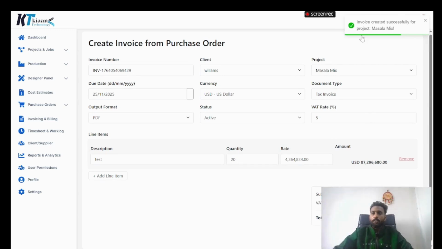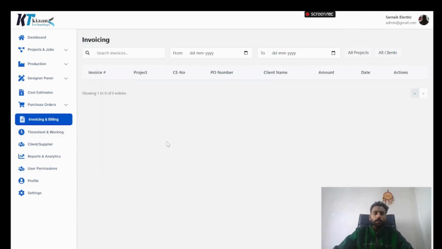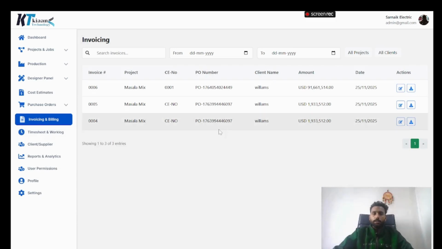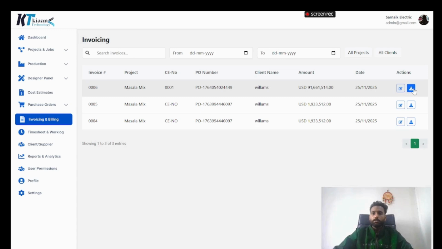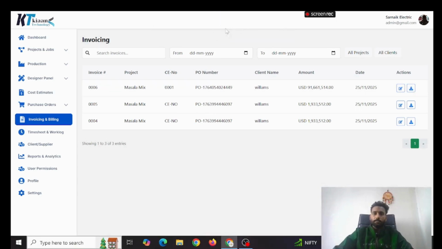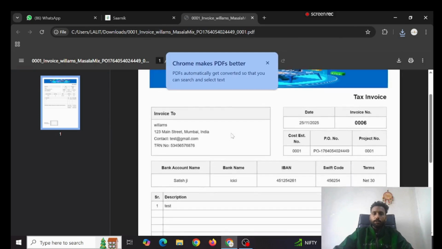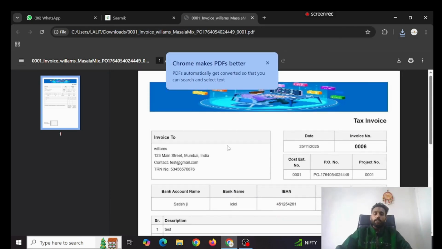So yeah, invoice created successfully for the project masala mix. And now you can see the invoice for that cost estimate. You can edit the invoice, you can download the invoice. Let me show you how it is working. If you download the invoice, then you can see the current invoice format. This format is basically fully customizable